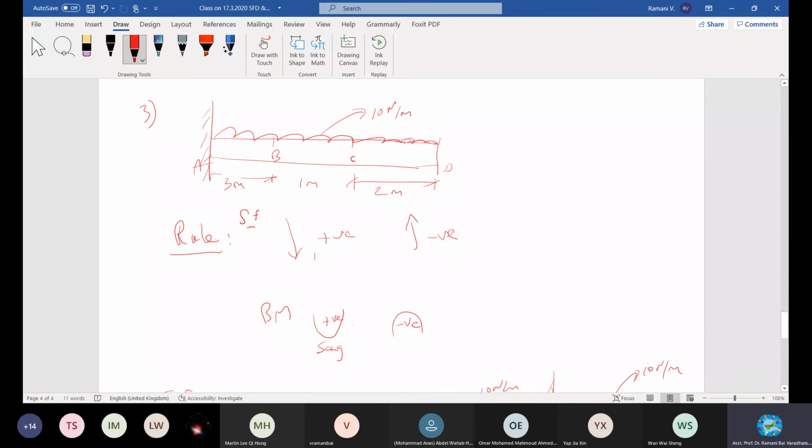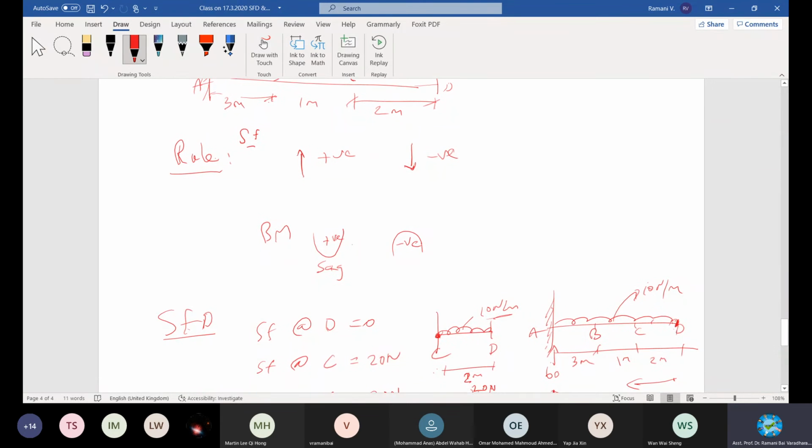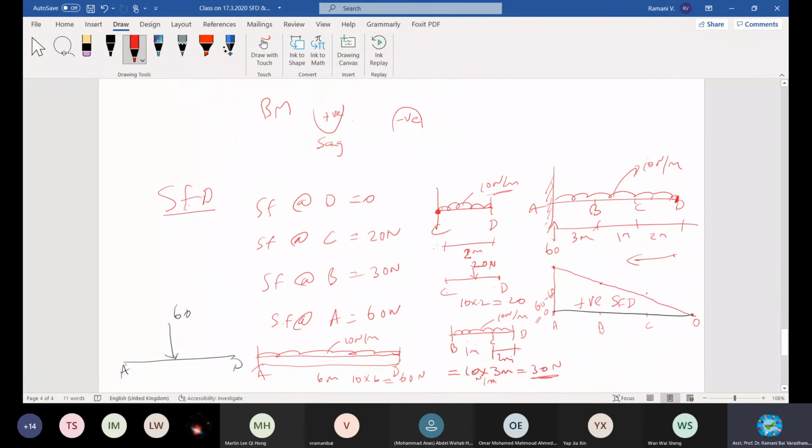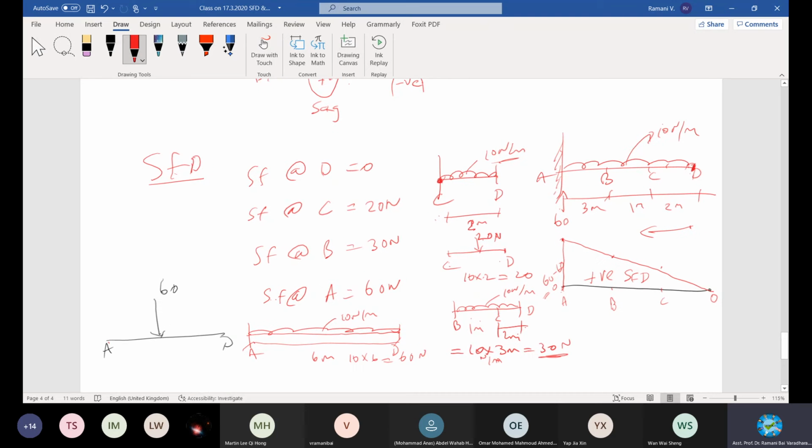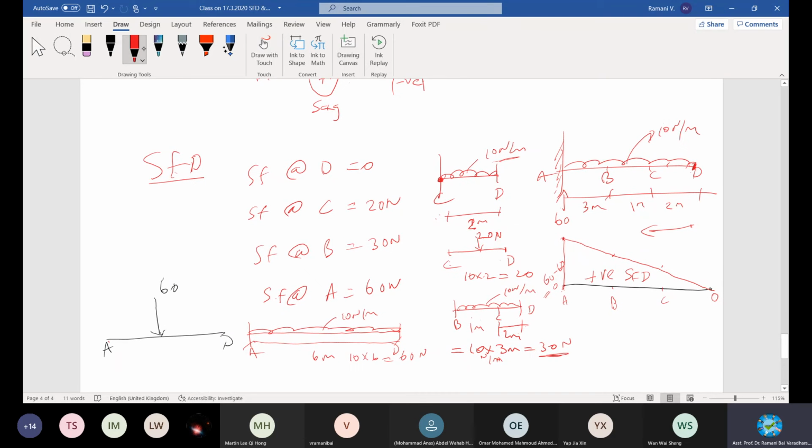Assume the shear forces; why is it always wrongly written there? Positive, maybe a typo. We consider shear force acting upward positive, downward negative. With that we can calculate one by one. Start calculating the shear force. It's done clearly here, starting from this section, D. Remember only forces, don't worry about the moment. Force at this point at D is 0.